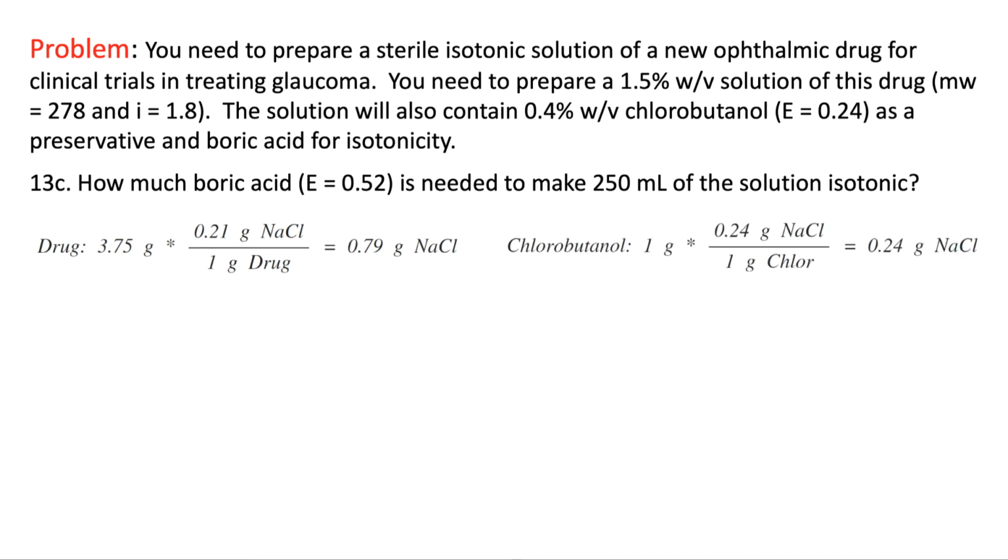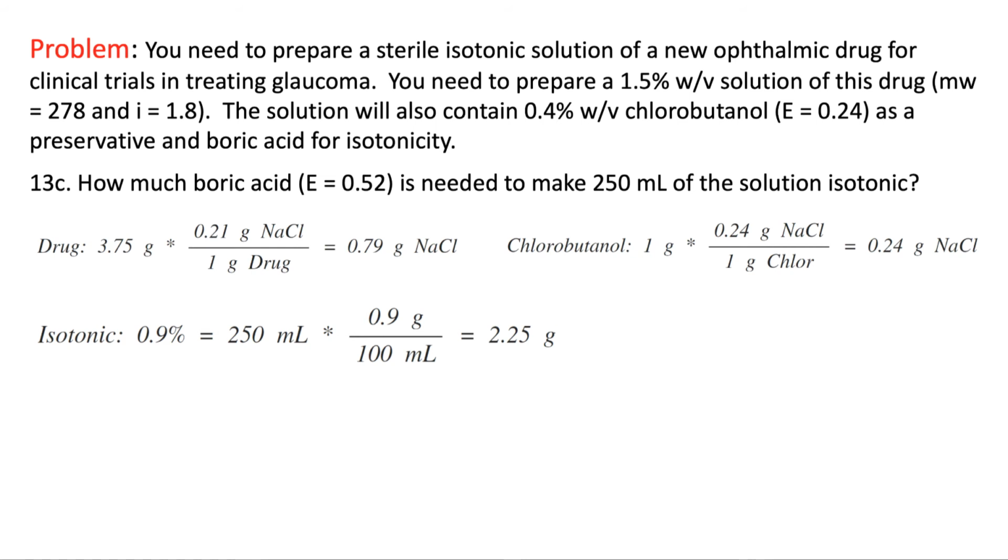Fantastic. Let's do the same thing for the chlorbutanol. And again, we're starting with 1 gram, and we're going to multiply it by its E factor, which we were given in the question as 0.24, meaning 0.24 grams of sodium chloride per gram of chlorbutanol. Grams of chlorbutanol cancel, and we have essentially 0.24 grams of sodium chloride. Well, all we need to know now is what is our target. The target amount of sodium chloride depends on our volume and the fact that it needs to have a concentration of